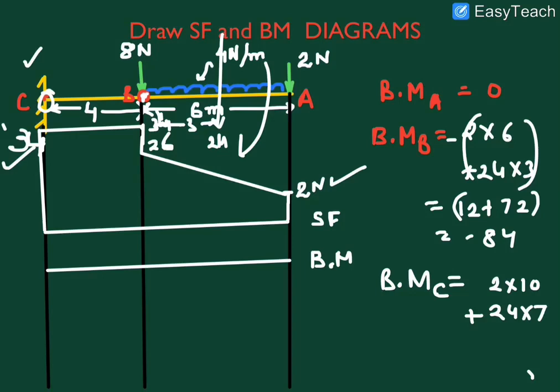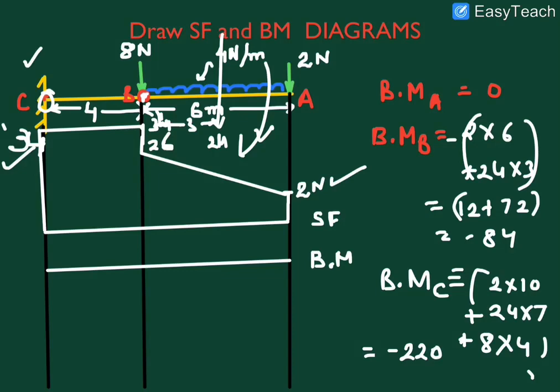Now the last one, plus 8. This distance is clearly visible to you, that is 8 Newton into 4, 8 into 4 we can write here. Now we calculate the value of this whole. This is negative, you can place a negative sign as it is rotating in the same direction, hence we can calculate this value and draw the bending moment diagram. When you calculate this value, we get minus 220. You also have to calculate this one.